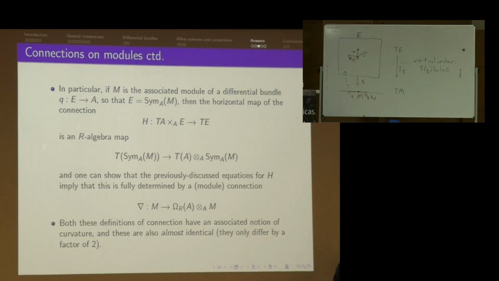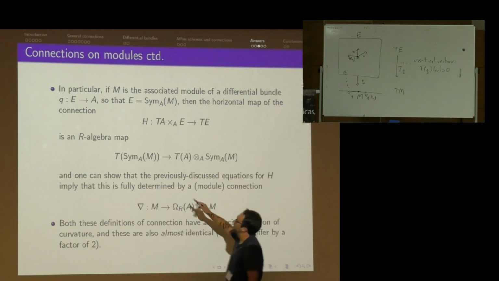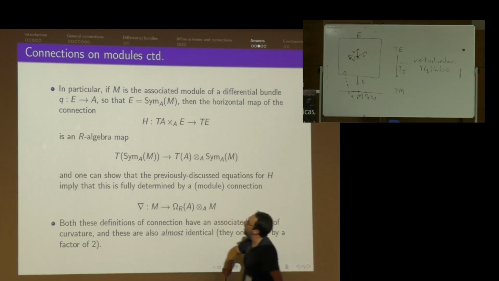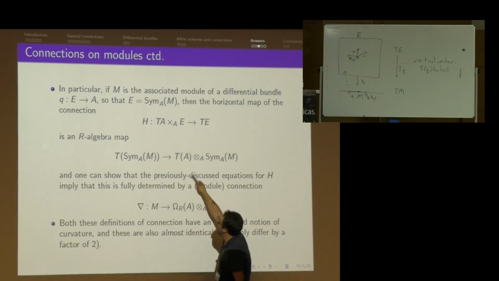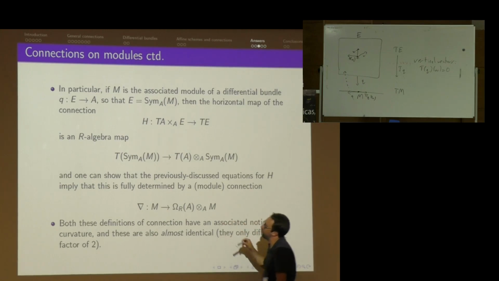If I've got a module, which is a differential bundle, which is a symmetric algebra of some module, then a connection is going to be this lifting thing from a tangent bundle, tangent vector in space, with a point out here. But that's the opposite category of our algebras, so flipping everything around, it's mapped in this direction here. Then it turns out that all the axioms I talked about earlier tell you that really the interesting action is happening with the M. This symmetric stuff goes away. There's the Kähler differentials here, and then here as well. And you get the Leibniz rule as well.